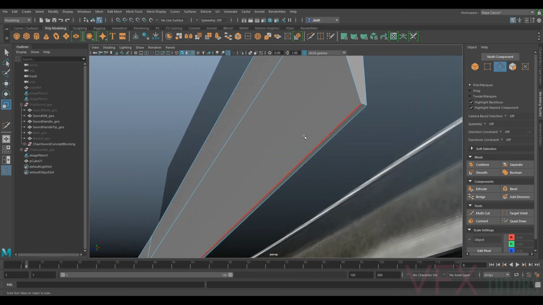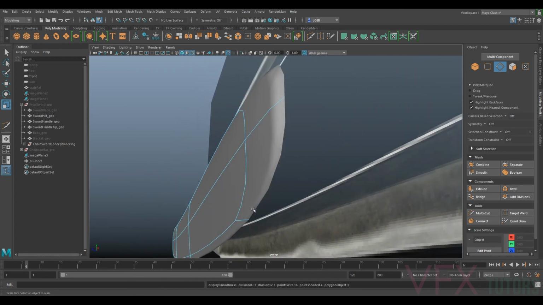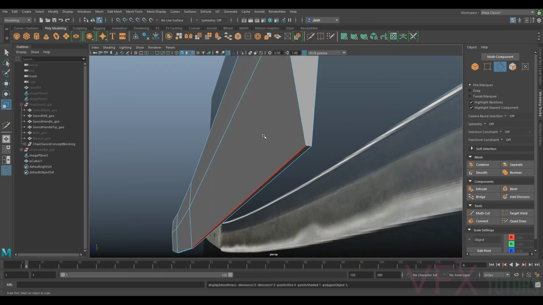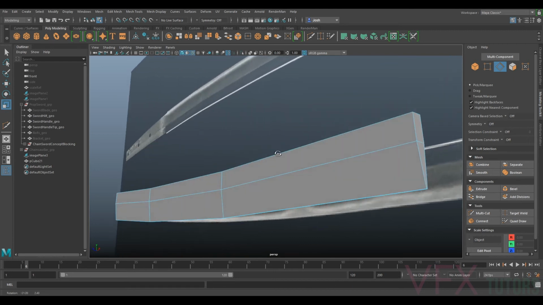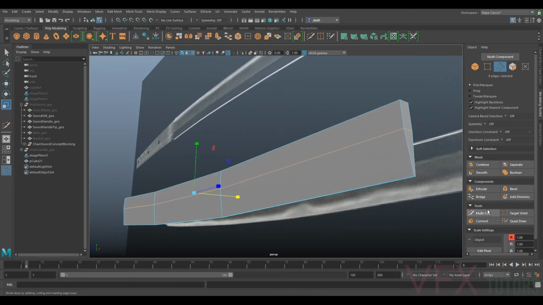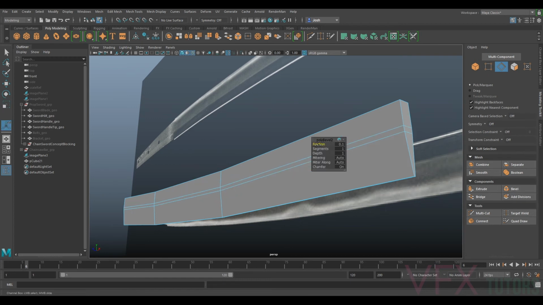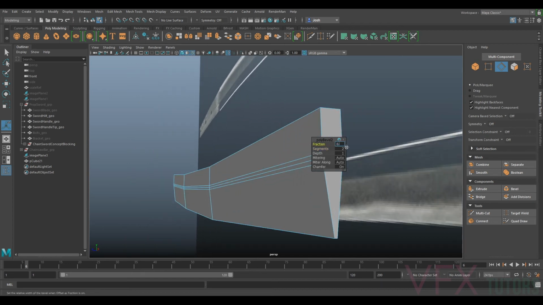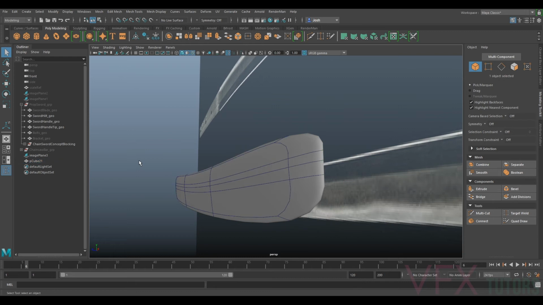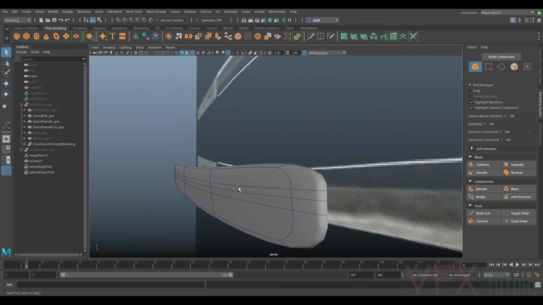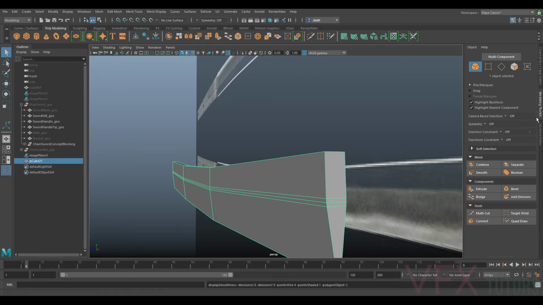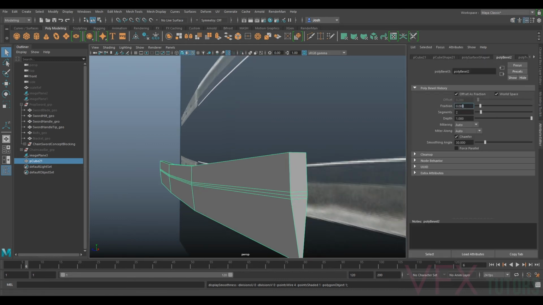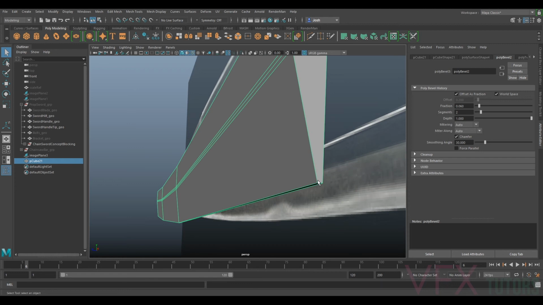So what we do need to do is make sure that this doesn't fold when we smooth it. So I'm going to double click this edge loop. I'm actually going to bevel that as well, because I want that noticeable edge in there. So just go to my poly bevel again. Let's just change that to 0.6. Now we need to